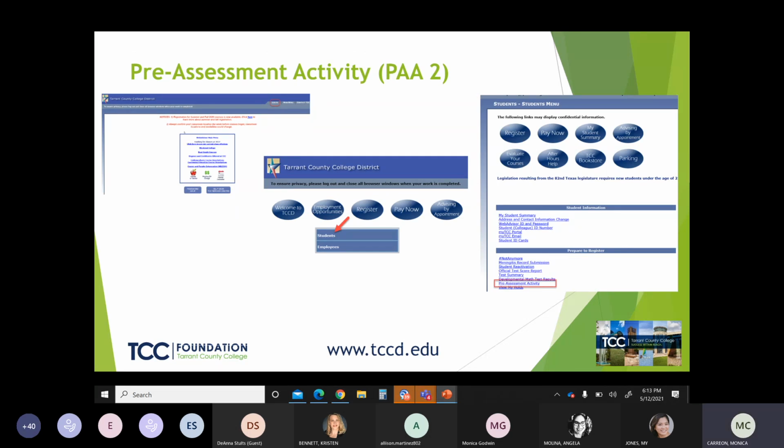So before you take the TSIA-2 test, you do need to complete the pre-assessment activity. Now, we do have the pre-assessment activity 1.0 that was compatible with the TSI 1.0. But now that we have a newer version of the TSI test, we do have a newer version of the pre-assessment activity as well.